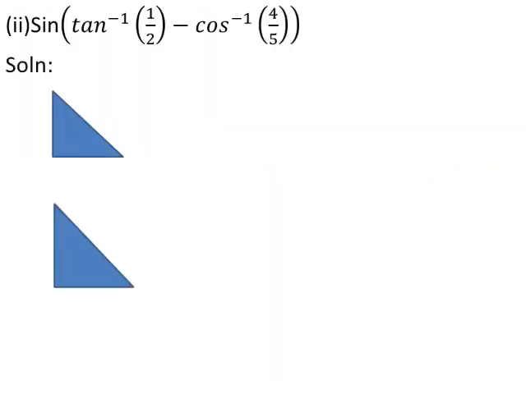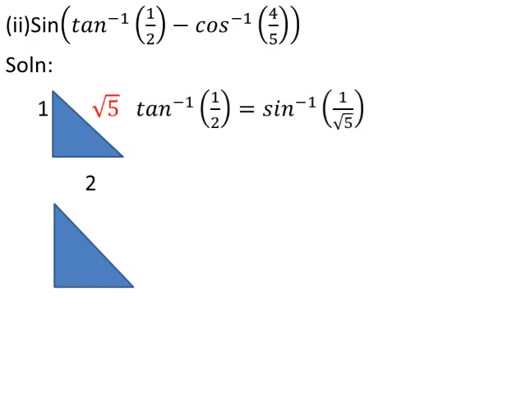Now we have to find the value of sin of tan inverse of 1 by 2 minus cos inverse of 4 by 5. So tan inverse of 1 by 2 is equal to, you can see the triangle here. For tan, we take opposite side by adjacent side, isn't it? So you can take this angle as theta. Our opposite side is 1, adjacent side is 2. If you know two sides, you can find the third side, isn't it? It is the hypotenuse here. So root of a square plus b square, root of 4 plus 1, it will become 5.